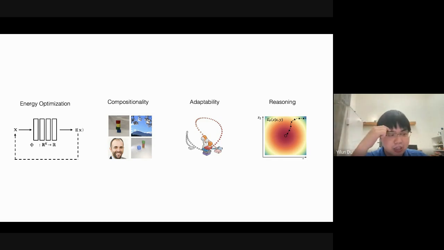But I think for each of these applications here, to generate a final solution, you have this iterative process where you basically take one step, a gradient descent step with the energy function, and then you refine it. This iterative procedure gives you the ability to adapt to mistakes or out-of-distributionness. So maybe you add something, it gets out of distribution, and then this model has the opportunity to use iterative computation to refine it a little. So I think that iterative refinement is the reason why you can do a lot of this adaptability or generalization to these composition things.